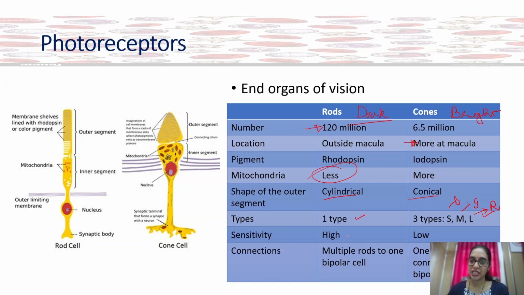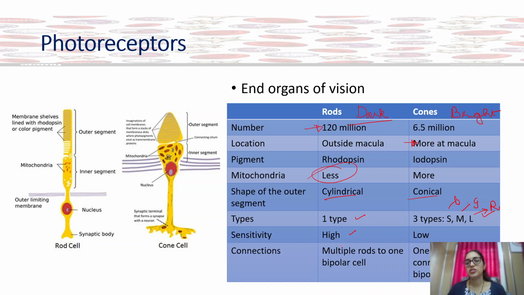Sensitivity is very high for rods, in the sense that with any drop in luminescence, the rods get activated, but sensitivity is very low for cones. So you need a very bright light to stimulate the cones, whereas for rods you need only minimal light, the minimum amount of light necessary to stimulate them. Connections: multiple rods connect to one bipolar cell,